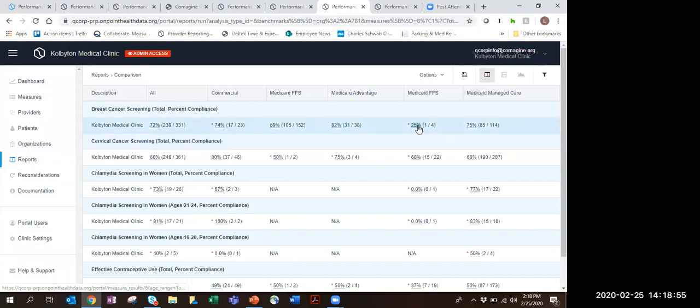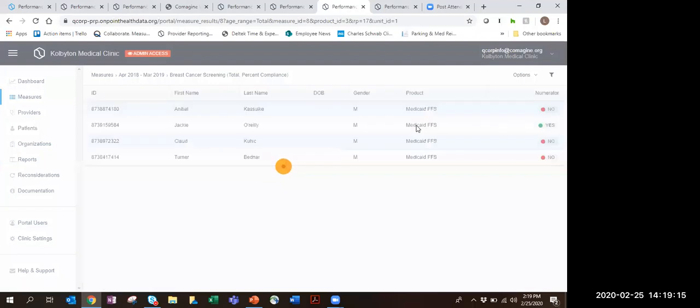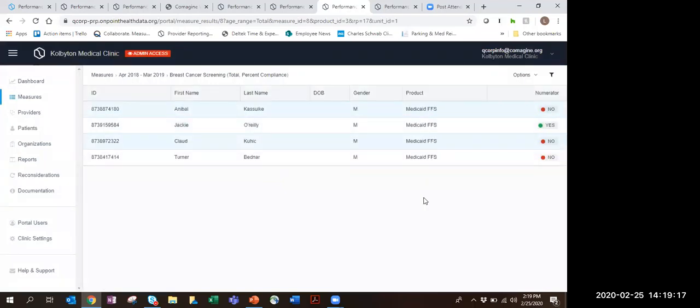So the next thing I might question is, who are these patients? So I'm going to click on that numerator. I want to show you first this asterisk is an indicator of small denominator size, meaning the measure results may not be completely accurate. That's just something we note anytime the denominator gets less than 30. So when I click on this numerator, or result rather, I can see the individual patients who are in that measure. Again, this is pseudonymized, so don't worry about their gender for this breast cancer screening.